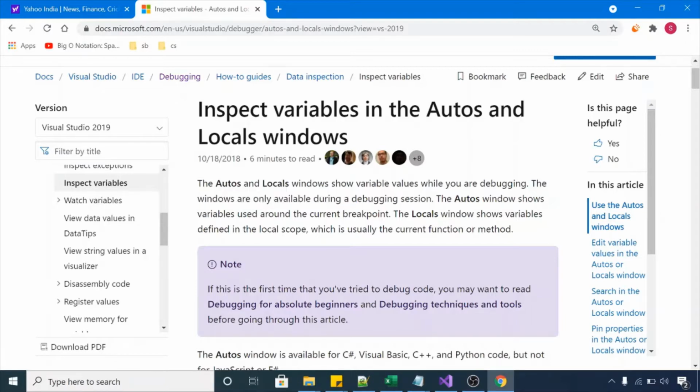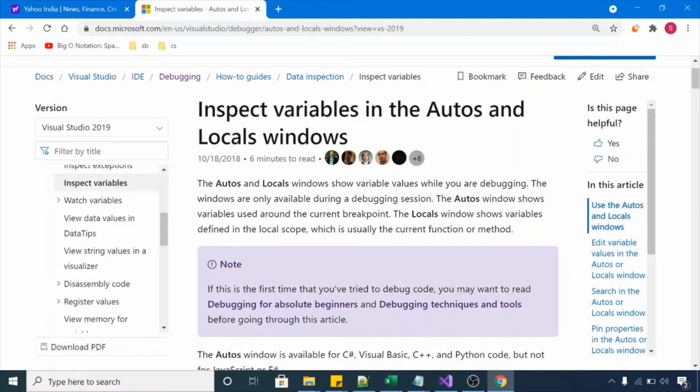Auto, local, immediate window, and call stack, like we discussed earlier, are debug windows. These are visible only in debugging. If you are not debugging your program, or you are just running your program without debugging using Control F5, in that case you will not see the auto window, local window, or call stack.